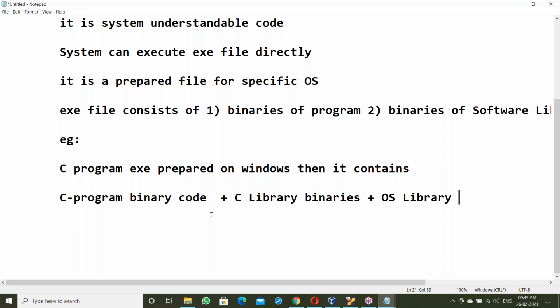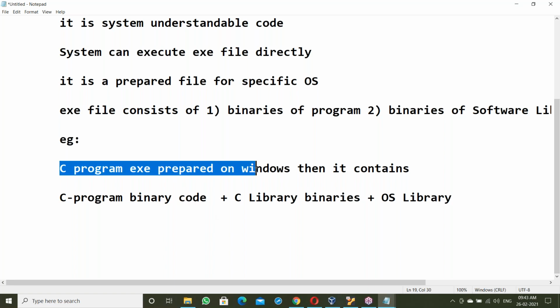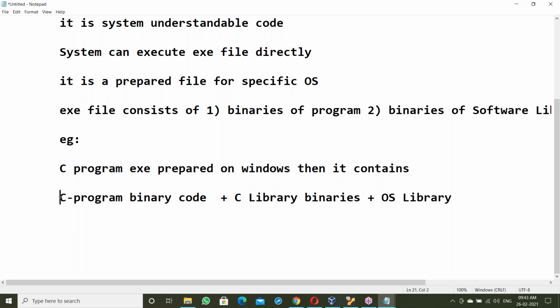So when a C program exe file is prepared on Windows OS, it contains the C program binary code, the C library binaries, and the Windows OS library binaries.